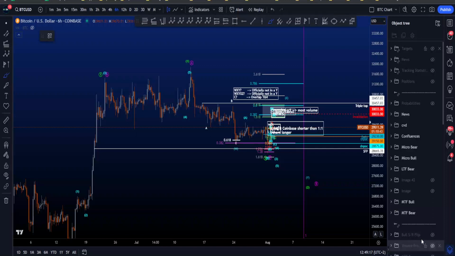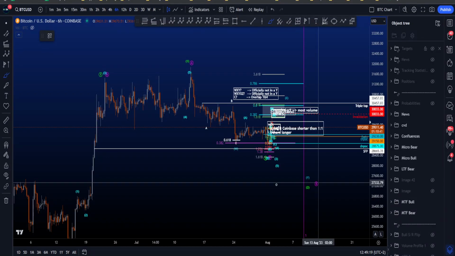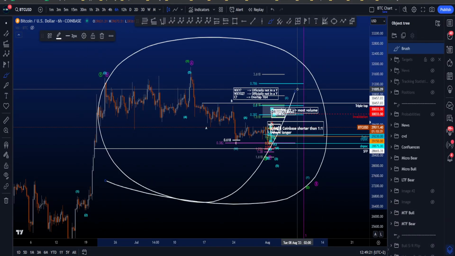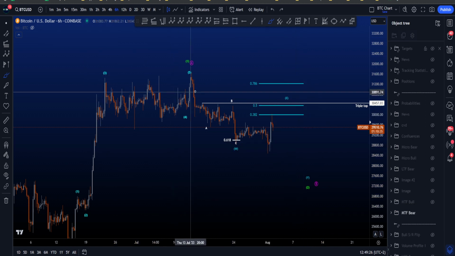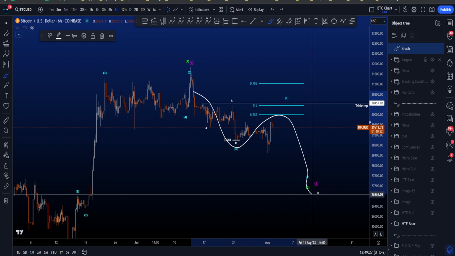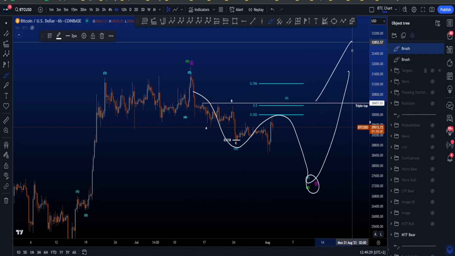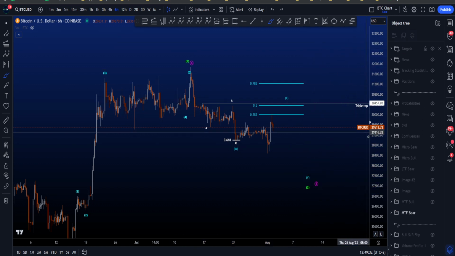Hi everyone, let's go over my medium time frame, low time frame and micro bullish and bearish Elliott Wave scenarios on Bitcoin, starting with the medium time frame bearish scenario where we are looking for a three-wave structure to the downside to finish wave 2 or B before then continuation to the upside in a wave 3 or a wave